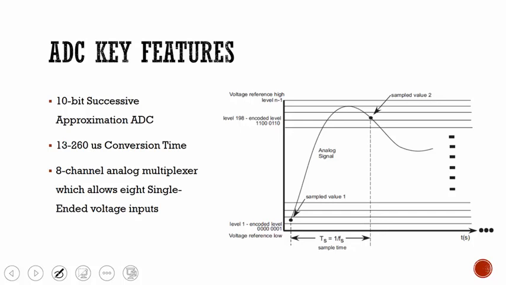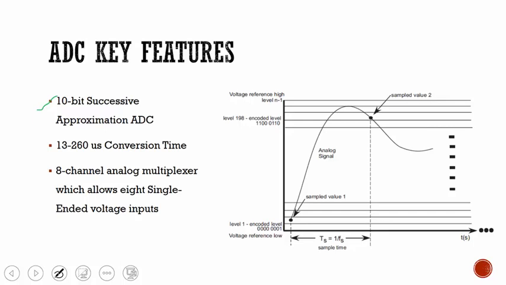Firstly, let's look at some of the key features that the ADC module provides. When we are dealing with ADC, there are separate ADC modules that you can buy as off-the-shelf chipsets. In our case, we are going to make use of the ADC module that is already integrated with the ATmega 328 microcontroller. So the features of that particular ADC module is, firstly, it provides us with a 10-bit successive approximation